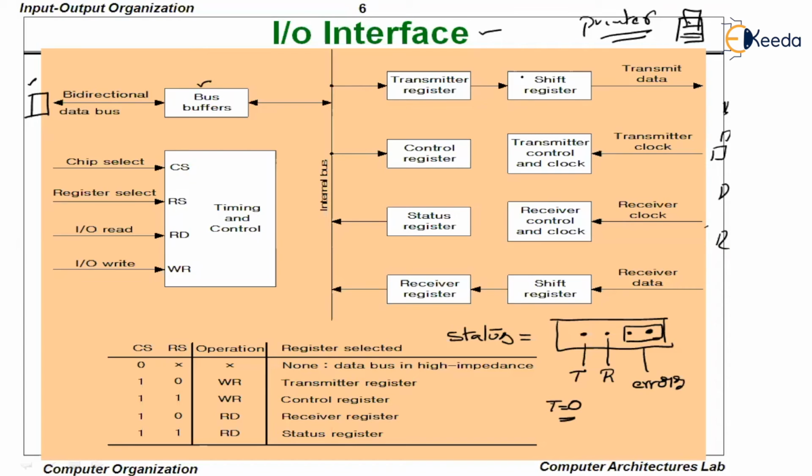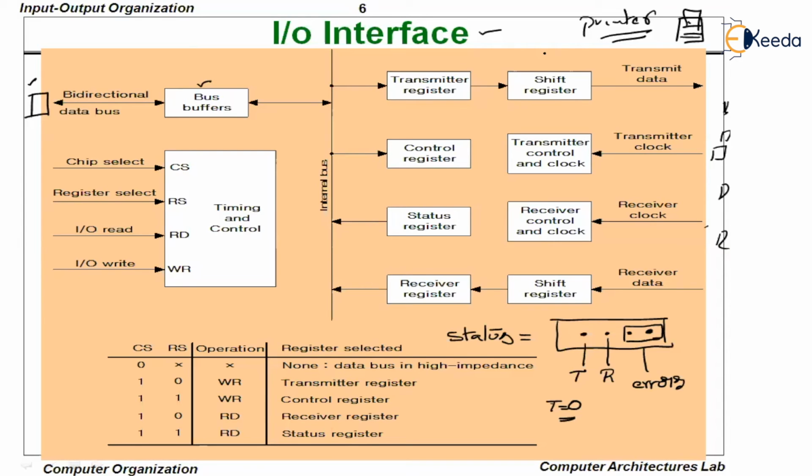Now, why do we require a shift register? Why do we require a shift register here? I will let you know. The data will get transferred parallelly to the transmitter register, because I am transferring the data using a bus system. But from the transmitter register to the peripheral device, the data should be sent serially. For that reason, I am going to use a shift register. About serial transmission and parallel transmission, we are going to understand in a short while when we discuss the types of transfers.